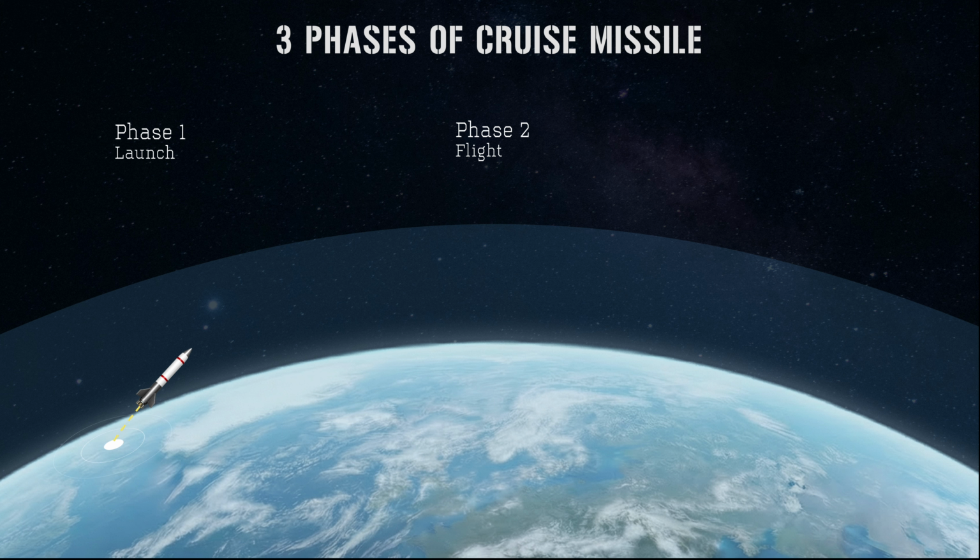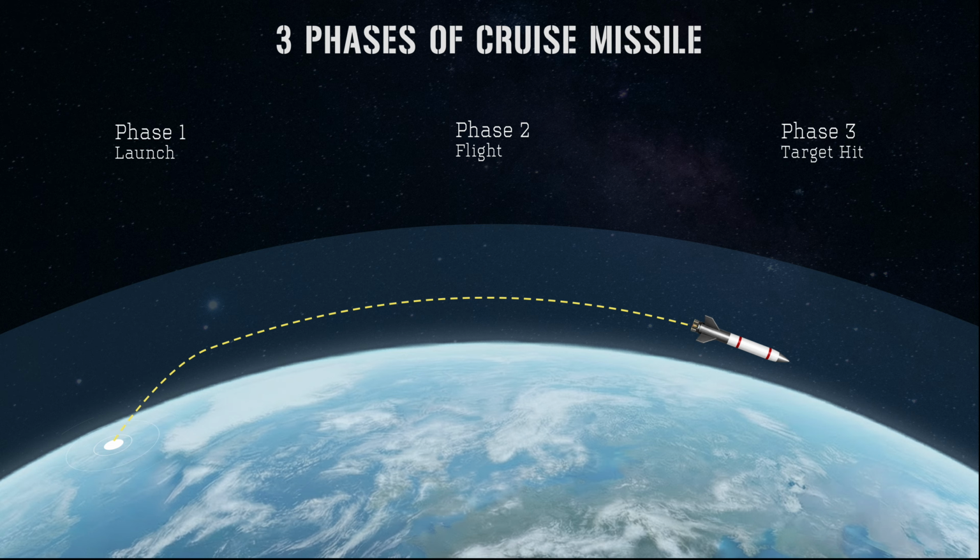In second phase, the main engine ignites, wings deploy, and missile stabilizes. Navigation system takes over for calculating flight path. A cruise missile can navigate and correct course to reach its target. It relies on GPS, inertial navigation system, and terrain contour mapping to determine its path. In the terminal phase, the final few minutes before impact, the cruise missile may perform evasive maneuvers, weaving laterally or changing altitude to complicate interception by air defense systems.